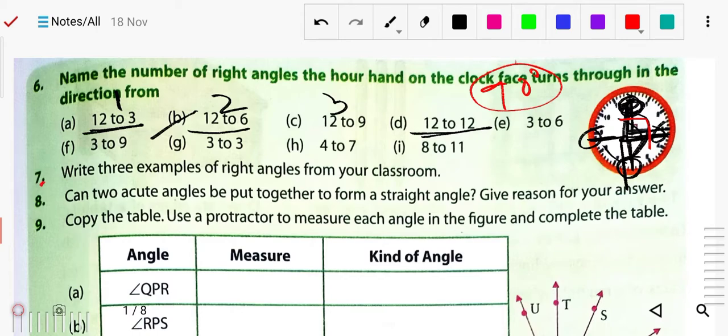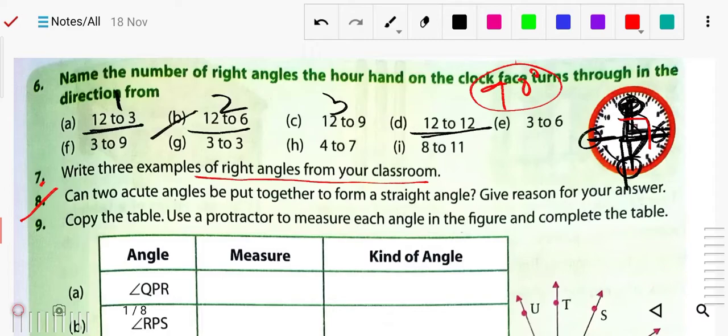Okay, number 7, write 3 examples of right angle from your classroom. So you have to just visualize what the examples of the right angle are. You just see the table, chairs or whatever things are there. Wherever the right angle is forming, you have to write it down. Okay. Now number 8,